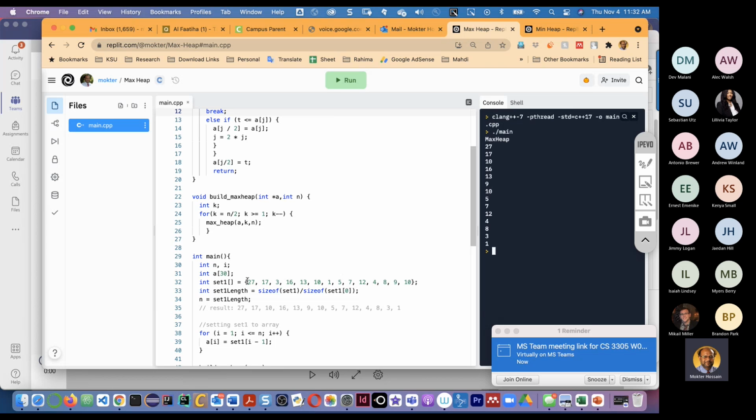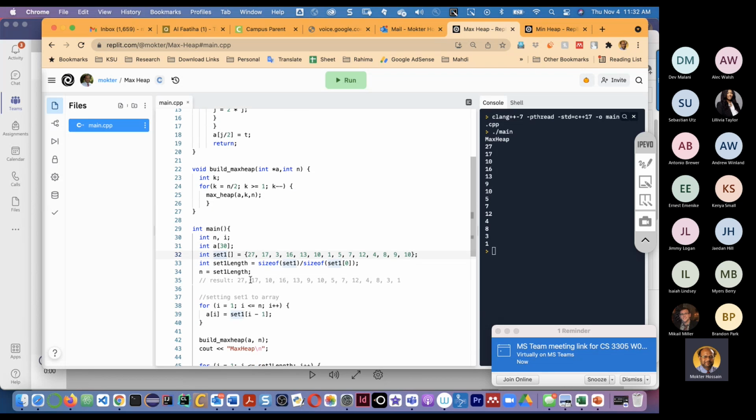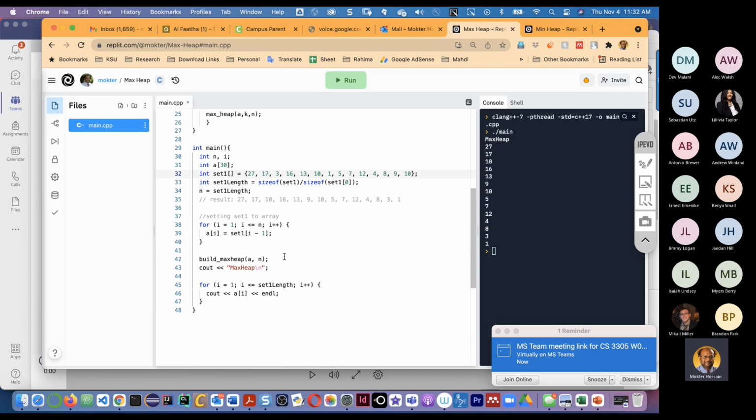Okay, you see that 27, 17, 10. So these are the elements. These elements are given randomly in a set or in an array, a set of numbers. And then the max heap build max heap